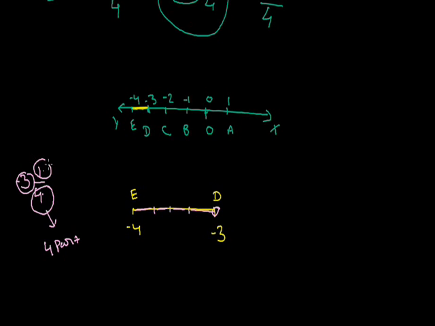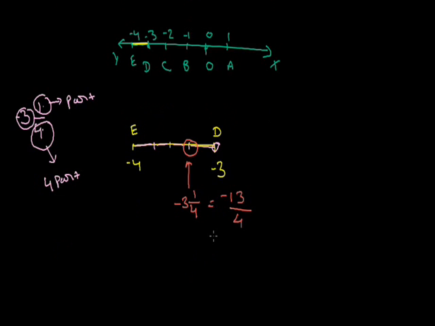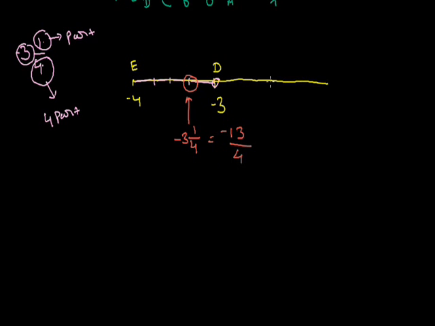Now we calculate from minus 3 to the first part. This part is called our answer, minus 3 into 1 by 4, which is equal to minus 13 by 4. So we can represent here: this is point C, minus 2, point B, minus 1, point A, 0. So we can represent the number minus 13 by 4 here.